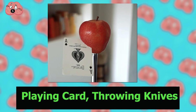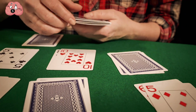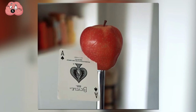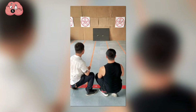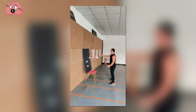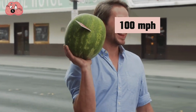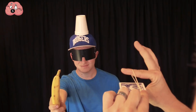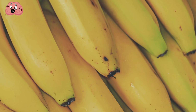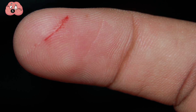Number 6. Playing card throwing knives. We all have a pack of playing cards around the house. There's a slightly more dangerous game you can play with them than card games. Playing cards can actually be wielded as ninja stars or throwing knives, and can be propelled at speeds of 100 miles per hour. Plus, in the hands of skilled individuals, this is easily fast enough to penetrate fruits, cut bananas in half, or cut paper so it can cut skin, or even take out